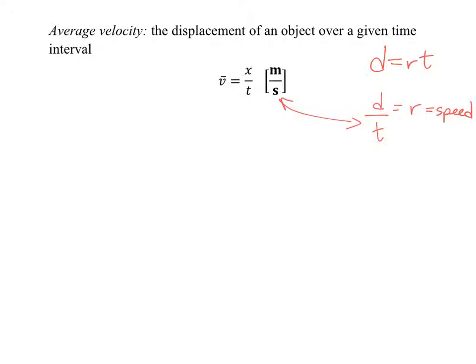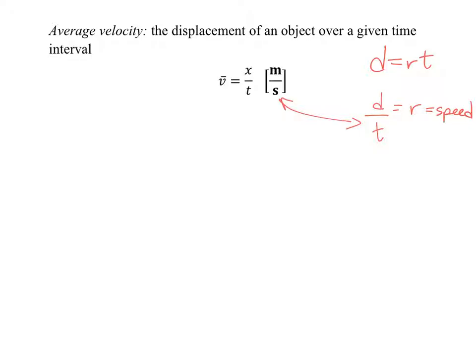This little bar over a variable means constant or average. Okay, in this case, it's both. It's a constant velocity or the average velocity. When we get to the next chapter, which is chapter 3, this will be after the first test, we'll talk about changing velocity, which we'll call acceleration. Okay, we'll talk about changing, which is acceleration.